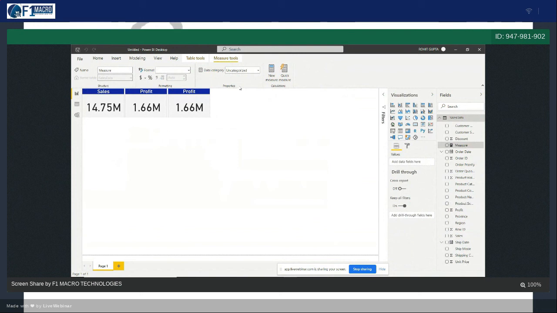In Excel you write equal to, and then you write your formula. Here you have to write profit percentage, equal to profit divided by sales. You have used formulas in Excel, so you can see some formulas here. Just press tab.